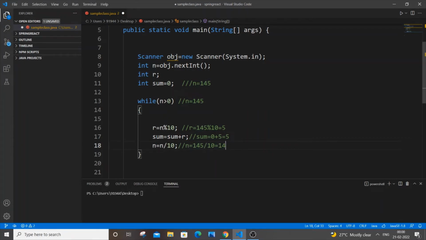This is during the first iteration. So this loop will continue, it will again go over here, and n greater than 0. Now our n is 14 after this iteration. So we will check 14 greater than 0, the condition is true, and it will go over here. So this time our n value is